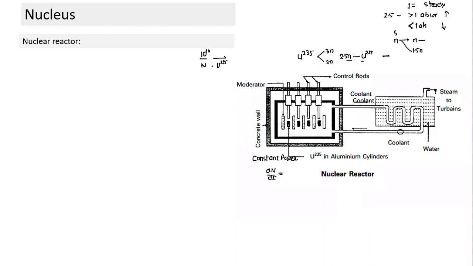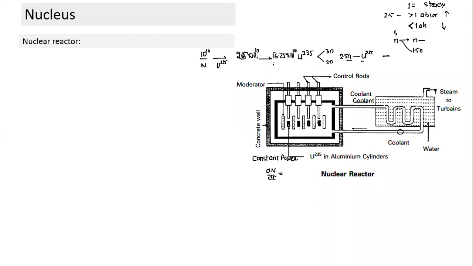Okay. So each one set of reaction has taken place, and it has led to release of 2.5 into 10 to power 10. Now, this many neutrons are there. Suppose all of them get absorbed, what will happen? If all of them get absorbed, what is the next step? How many neutrons will get released? That number times 2.5. Again, 2.5 into 2.5, that becomes equal to 6.25 into 10 to power 10.